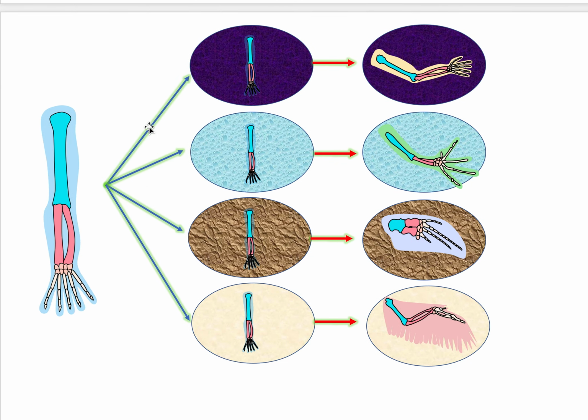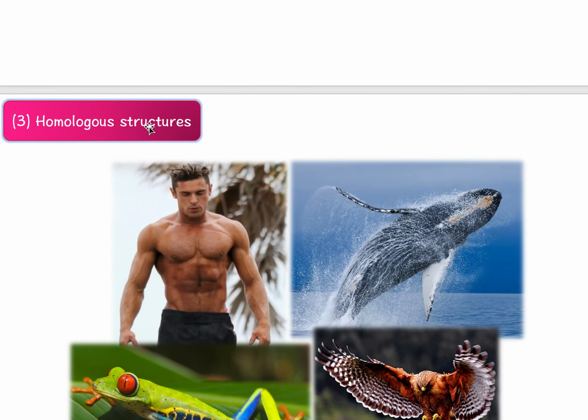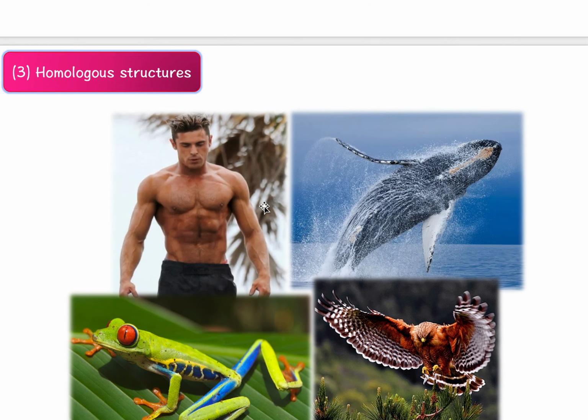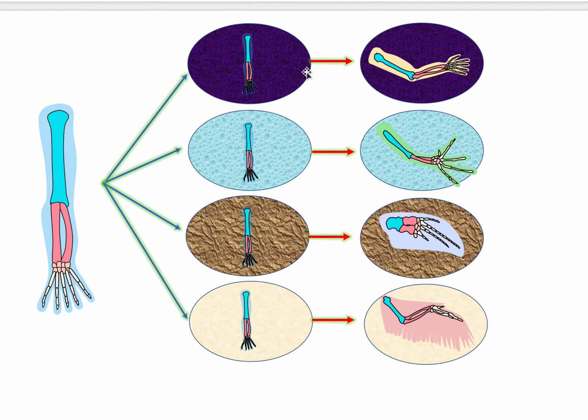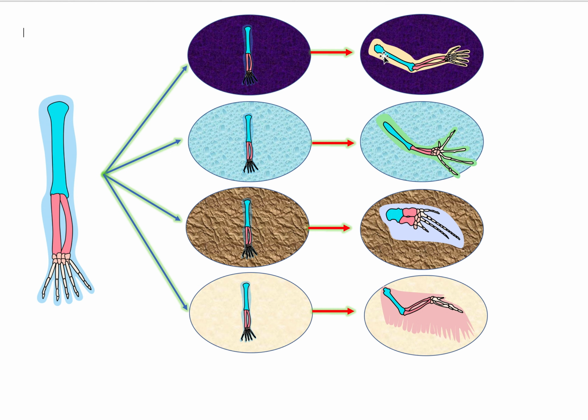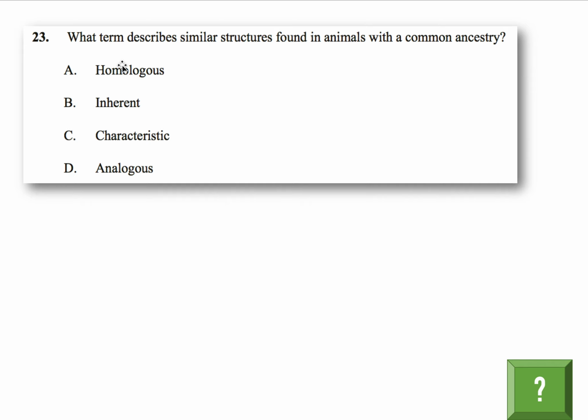Homologous means, you'll see here, up here, let me show you. Homologous structures are a type of evidence for evolution because it shows they have similar structures to each other, but slightly different due to evolution happening and depending on the environment. Okay, so we call this homologous structures, meaning same structure, different function. Homologous meaning same sort of structure but different function. Okay, so yeah, homologous. Inherent, again, that just means what you get through inheritance, like genetics,